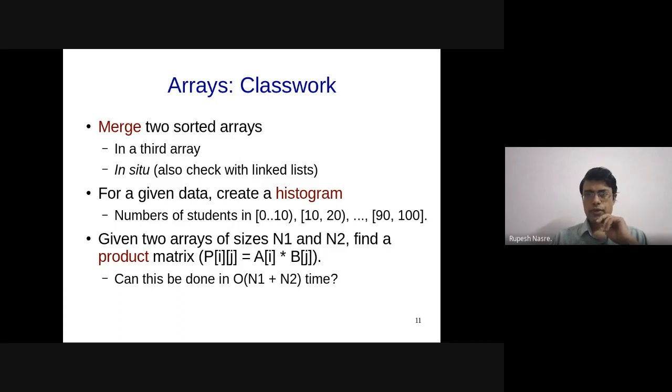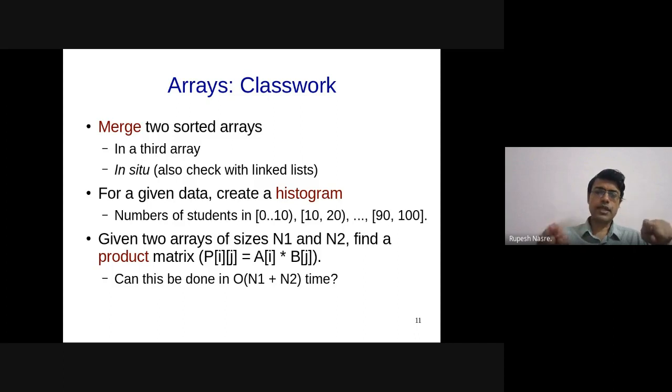Kaustubh is asking, wouldn't we always require order n1 into n2 time to at least initialize the matrix? How can we reach order n1 plus n2? That is my question. So can we do it in better than n1 into n2 time? And Kaustubh's argument is that if we are touching every element of the product matrix, so ij is going to go from n1 to n2, and therefore we are going to go over all the elements of the P matrix.